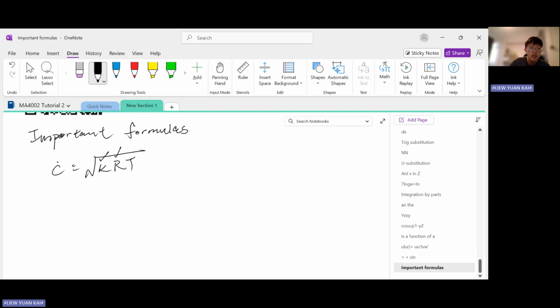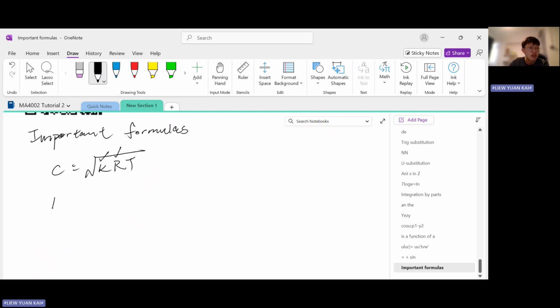If we keep this as 1.4, it is a constant. That means the only thing the speed of sound depends on is temperature. So if you want to calculate the speed of sound, the only thing you need is temperature, assuming that this is air, which is always the case in this course. So remember this: if you want the speed of sound, you need temperature. That's all you need, and this formula, of course.